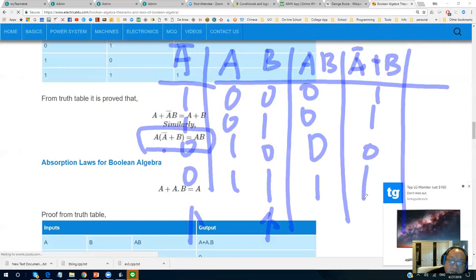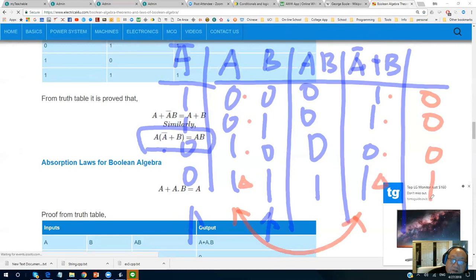Right? And A bar or B need to be ANDed with A. So here, no is 0. No, this is 0. Yes, this one's 1, 1. So this one is what? This one give you this and this one.